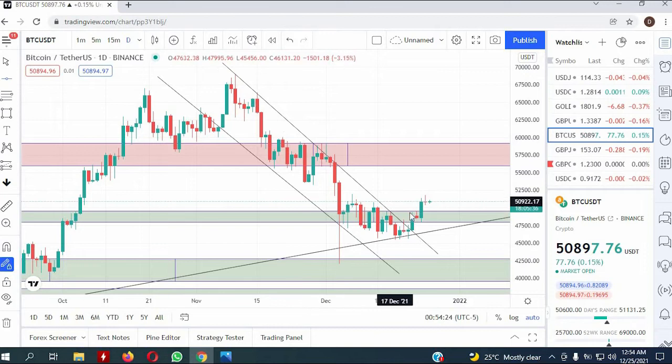The Bitcoin broke through the bear trend line, created a zone right here and pushed further up. So currently the Bitcoin is gaining some resistance in this area, but if the Bitcoin continues the bull trend, it should push further up into this area